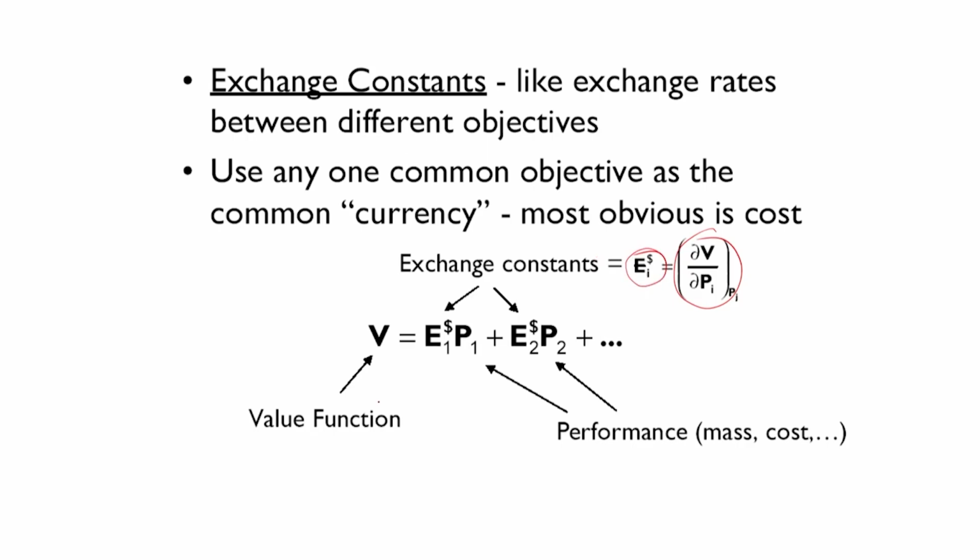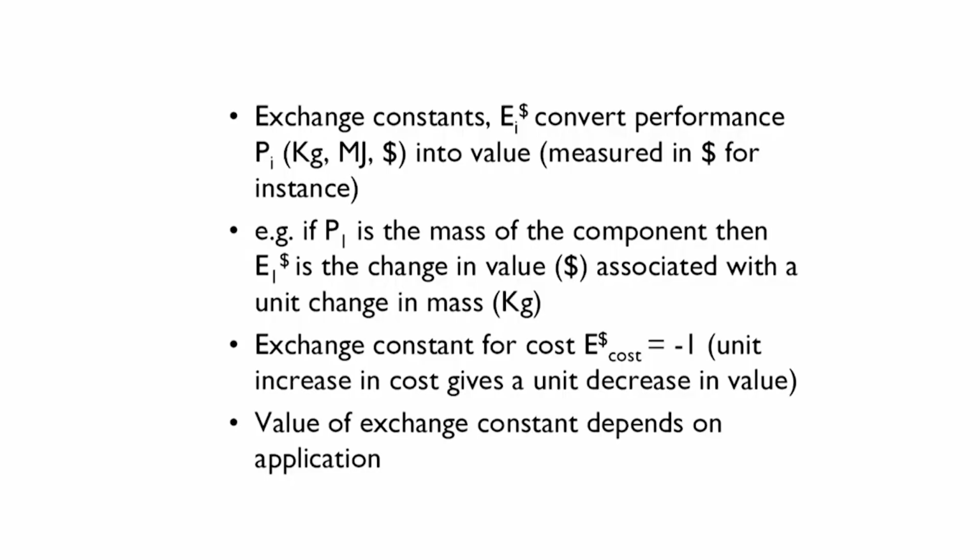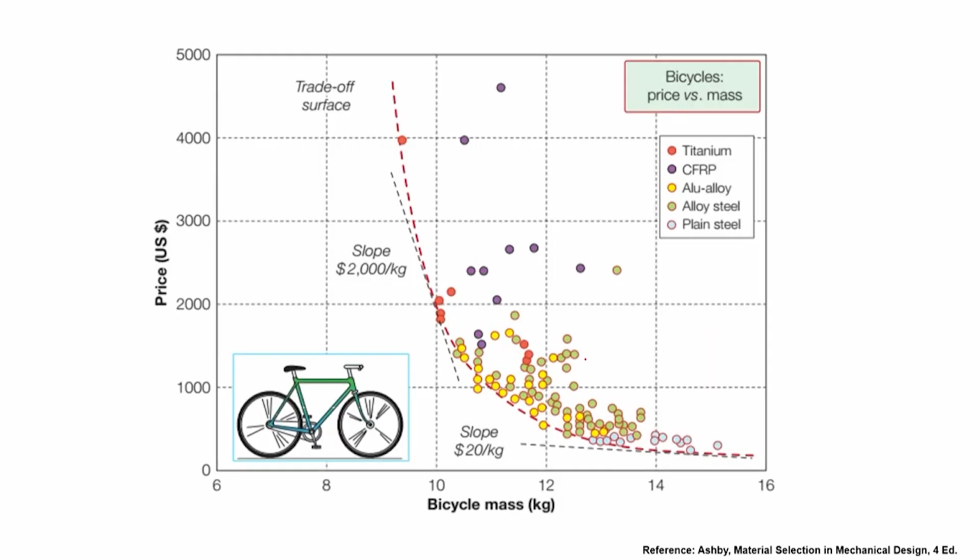So, then I can create my value function as exchange constant corresponding to one property plus exchange constant corresponding to another property. As they say that in every trade off there is something that you are paying, and that paying is in terms of the cost. Okay. So, the cost itself we consider it as minus 1, and then we use this